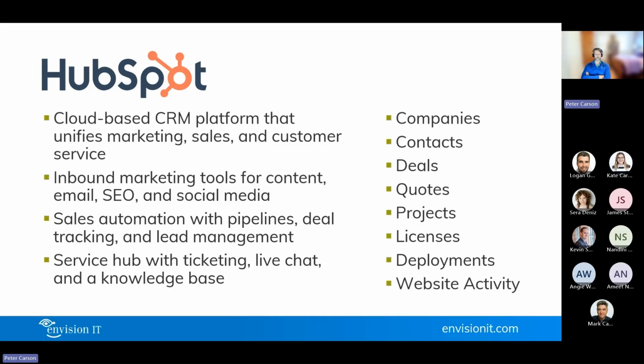So if we look on the right side, those are sort of the data points that we predominantly use at Envision IT. So we've got obviously a directory of companies and contacts. That's sort of the core CRM functionality of HubSpot. We keep deals in there from a lead pipeline perspective that ultimately turn into quotes that then turn into projects that we deliver as part of our consulting side of our business. We also sell licenses that bring in the SaaS product side of the business, and those licenses get deployed that need to be tracked. And then obviously there's website activity from a marketing perspective. Even registering for this webinar gets written into HubSpot. So it's really sort of the starting master point for a lot of the data at Envision IT.